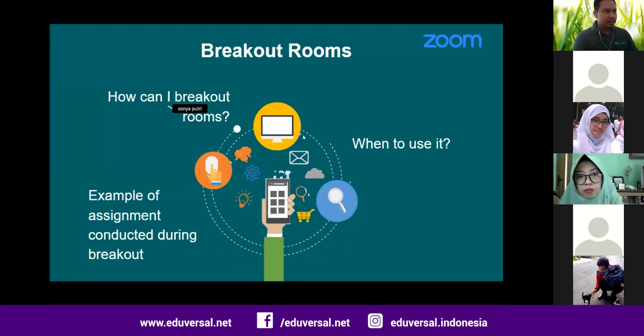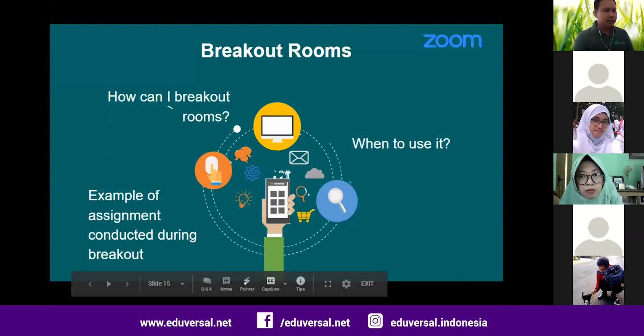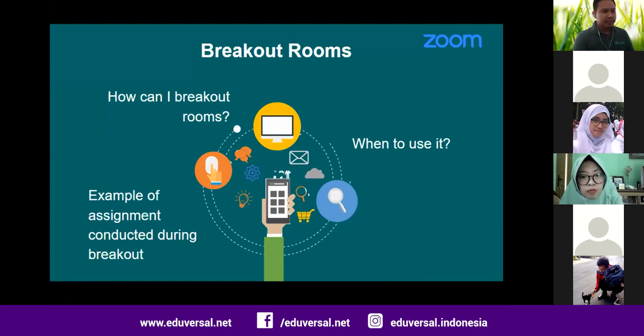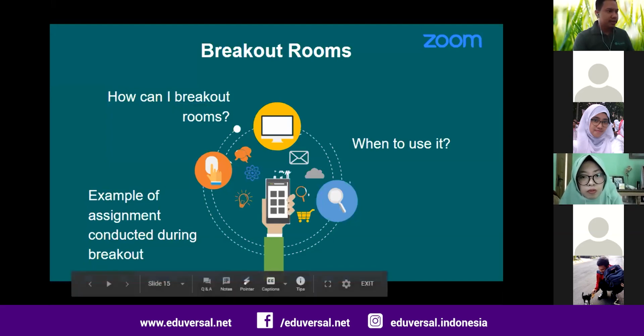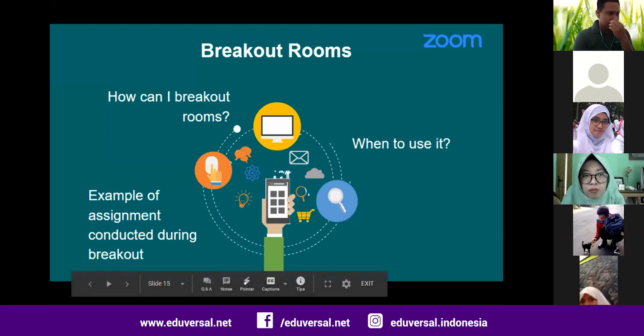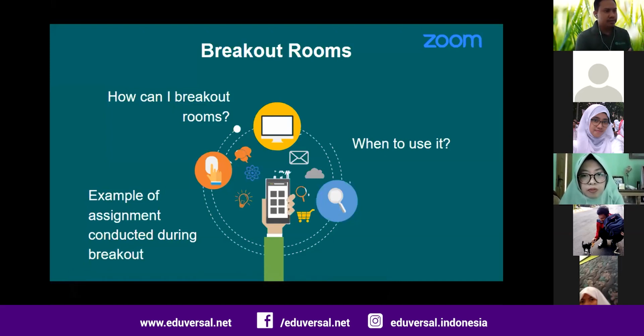So let's talk about these breakout rooms. First I will disable participant annotation. How do we use breakout rooms, when do we use them, and what is an example of an assignment using them? Normally Zoom provides this feature for, say, bigger seminars.